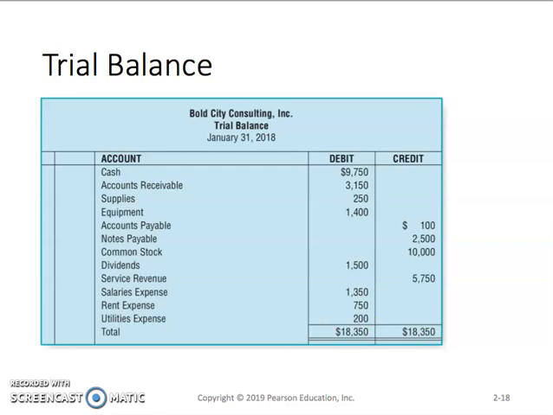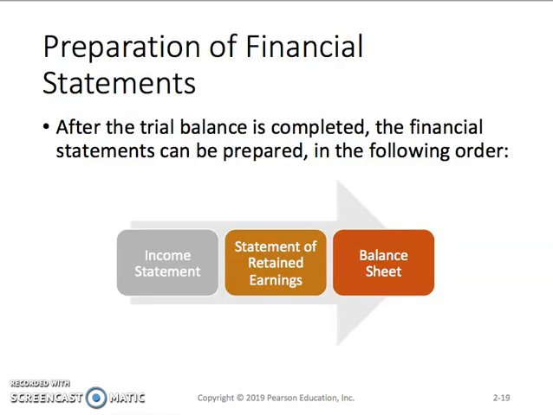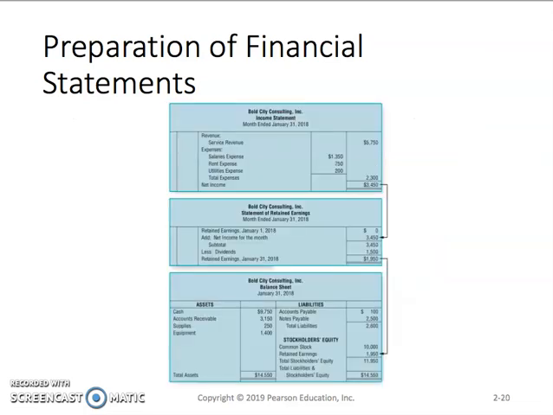And then from this trial balance, you can prepare the financial statements, and again, we're assuming there's no adjusting entries, because that's going to include 2 other steps if we have to. Those would be steps 4 and 5 if we need to make adjusting entries. But for our purposes here, we don't. So we do have to create the income statement first, the statement of retained earnings next, and the balance sheet. And let's look at why. The income statement is up here. It's going to give you your net income or loss. That's going to flow through to your statement of retained earnings down here, which is going to give you your total retained earnings, and then the retained earnings is going to show up on the balance sheet. Okay,